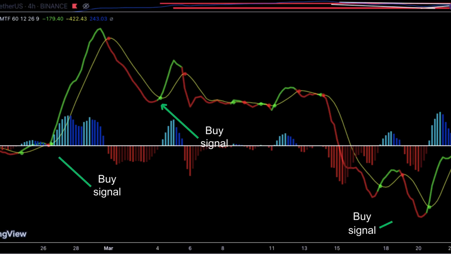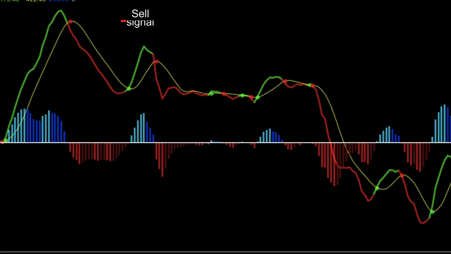Then, when the signal line crosses over the trend line, this is a buy for long. When the signal line crosses below the trend line, that is a sell signal. The most important signal in MACD is not the cross, but where it will cross. If the MACD line stays below the histogram and creates a buy signal, this is more of a long-term long,